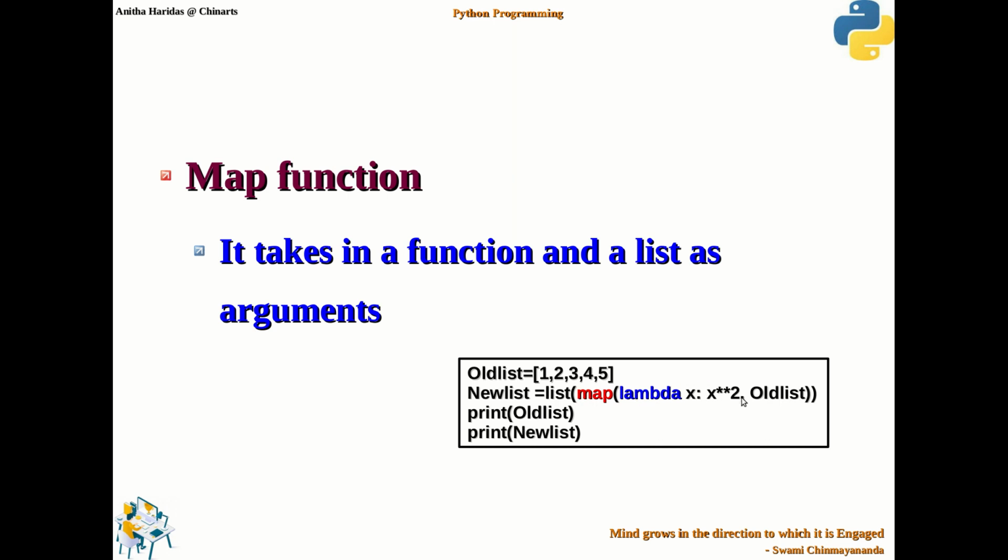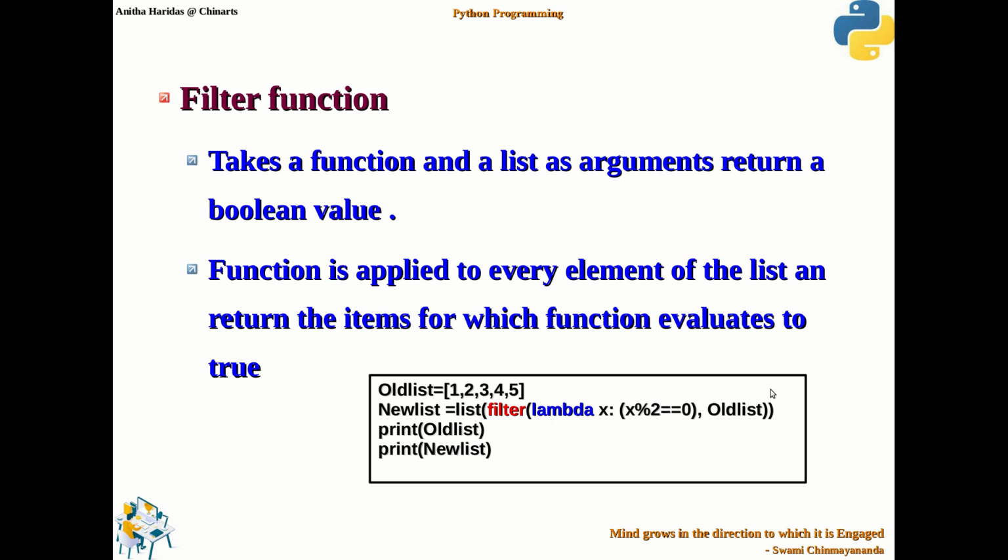So whatever function I have here, this function will be applied on each element, and all these elements will have a result because of this particular function, and the result will be created again as a list and it will be returned. That is the map function, right? Whatever function we have, it will be applied to all the elements of this list. Fine. Then we have the filter function.